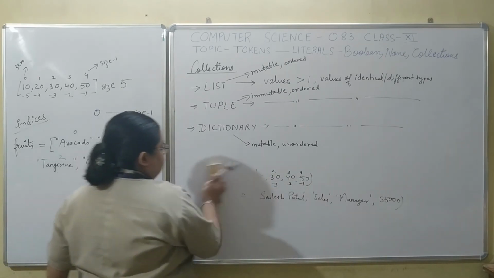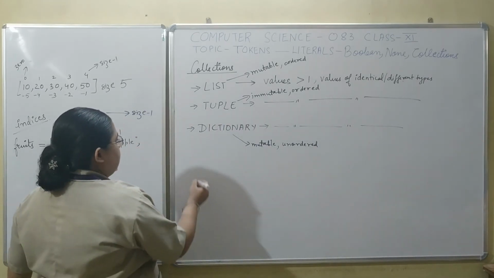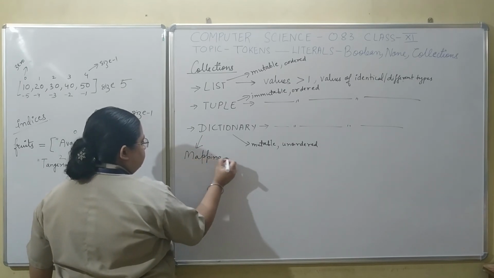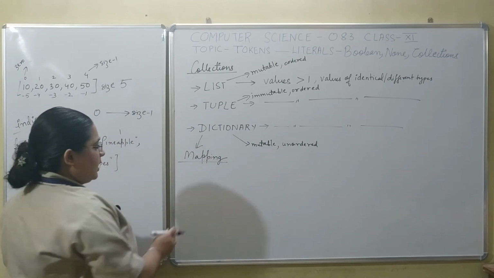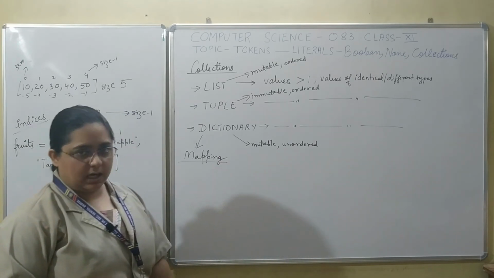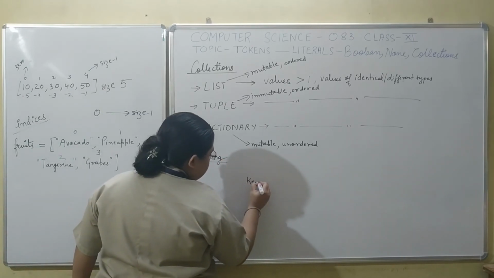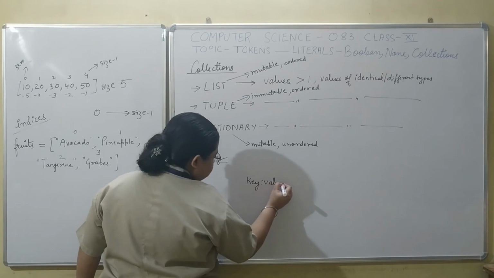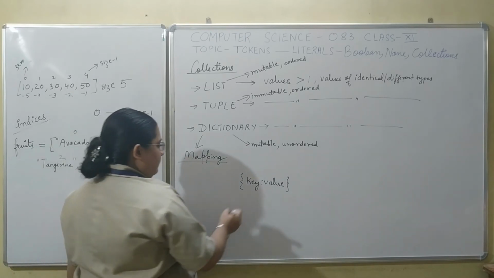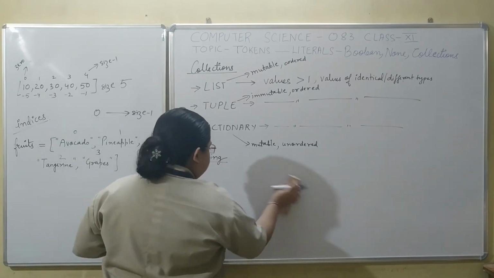Next is dictionary. When we talk about dictionary, it comes under a specific data type known as mapping. Now what is mapping? Students, dictionaries, as I said, are mutable and unordered. There is no specific order in a dictionary because they store data in a key value form, and they are enclosed within a pair of curly braces. We will have several key value pairs in a dictionary. So usually it is of something like this.